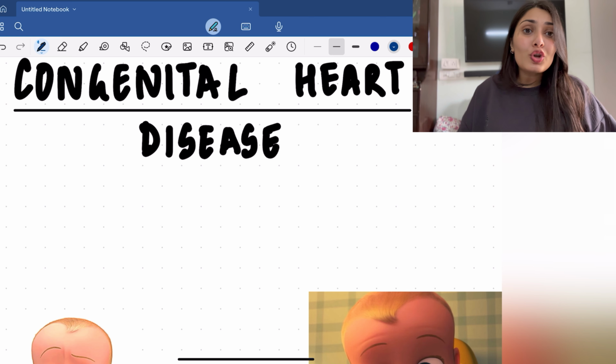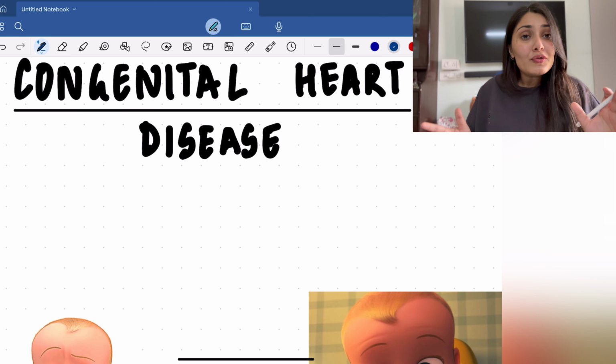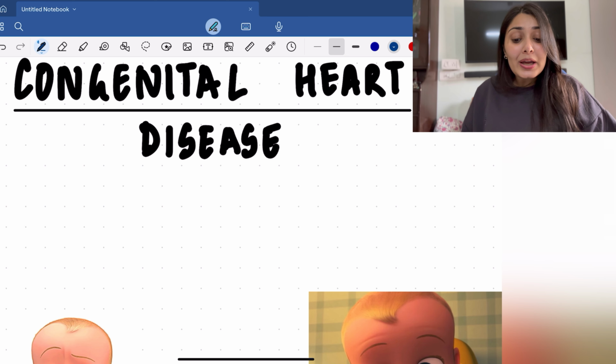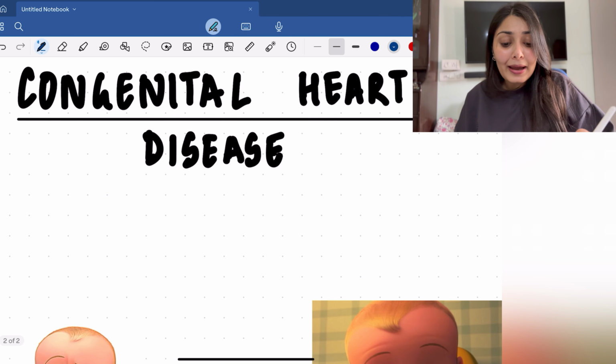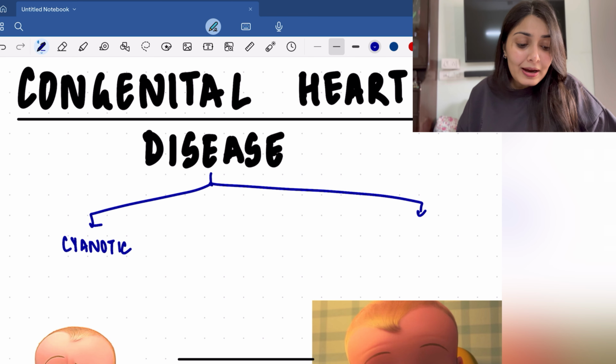Now coming to the physiology, the main aim of this video is to explain the physiology with respect to different types of congenital heart diseases, right? Congenital heart diseases are fairly common. The prevalence is around 6 to 8 per 1,000 live births, right? So if I physiologically broadly classify congenital heart disease, then I can classify these into cyanotic heart disease and acyanotic heart disease,